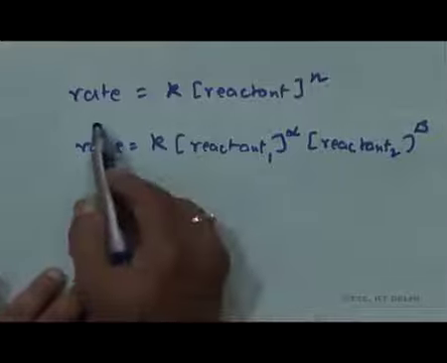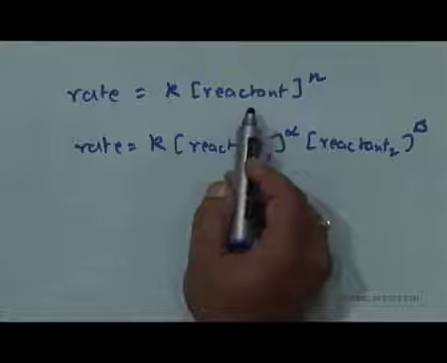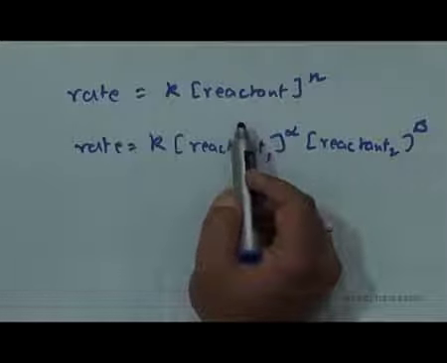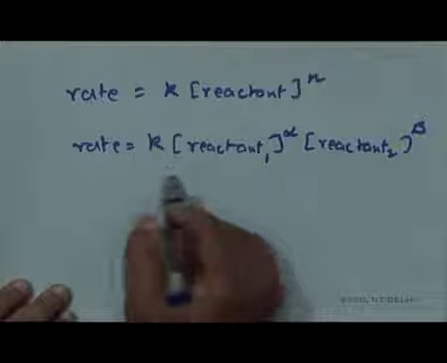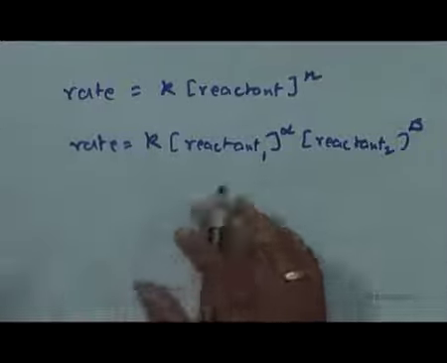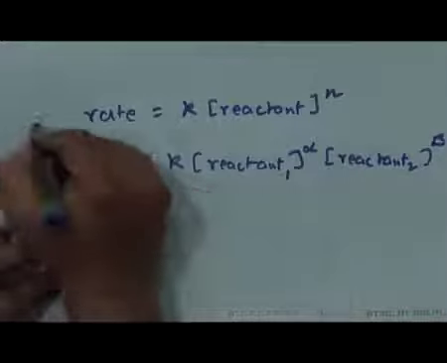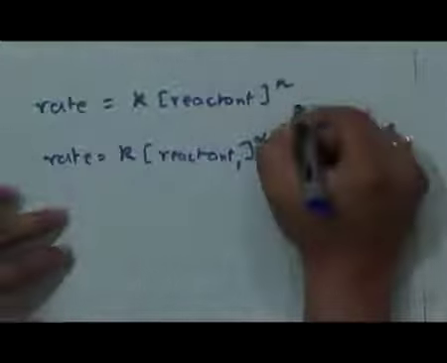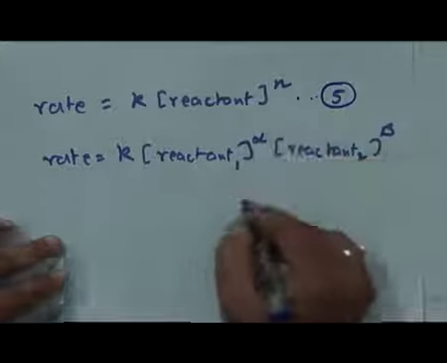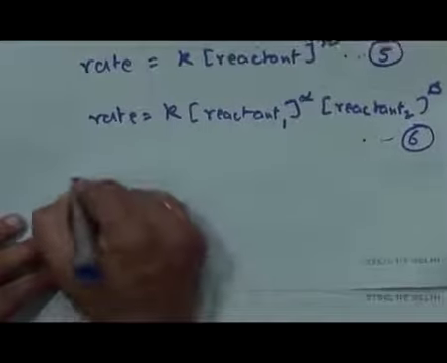In the first case we see the rate is equal to K times a single reactant raised to the power n, the order. In the second case we see rate is equal to K times reactant 1 raised to the power alpha, reactant 2 raised to the power beta, that means there are 2 reactants. So, if I can say this is equation 5 and this is equation 6, then we can say that these